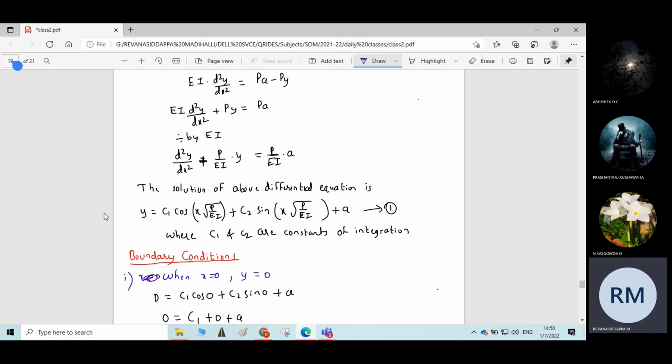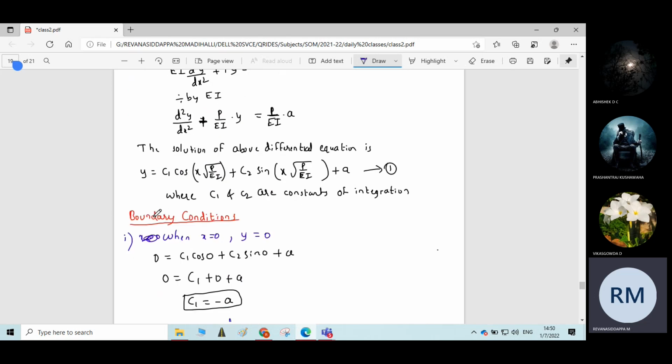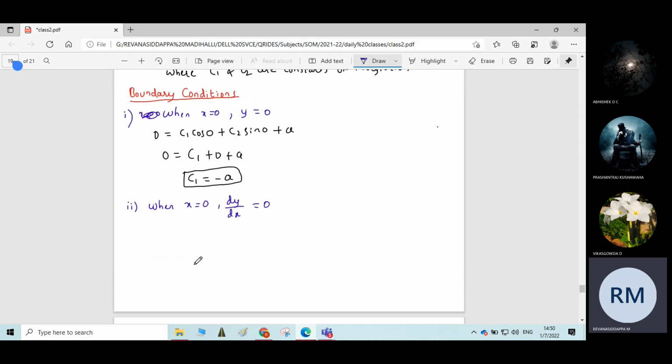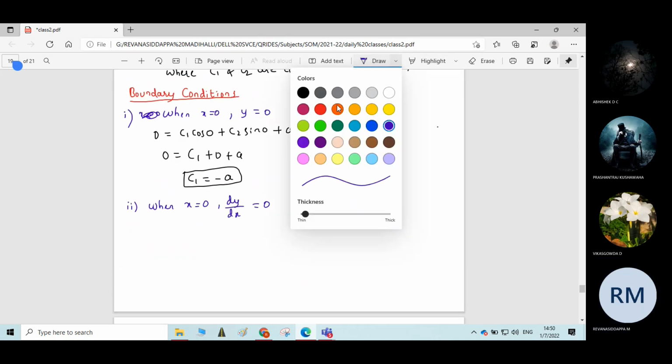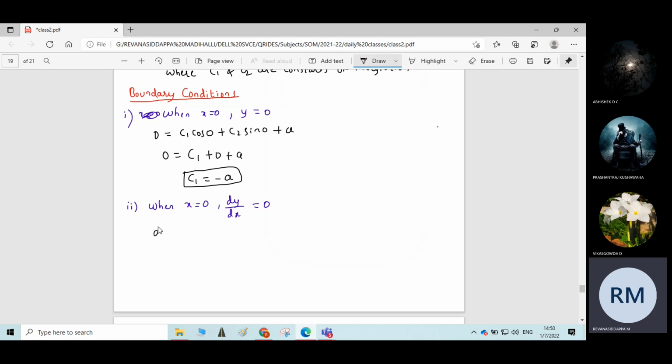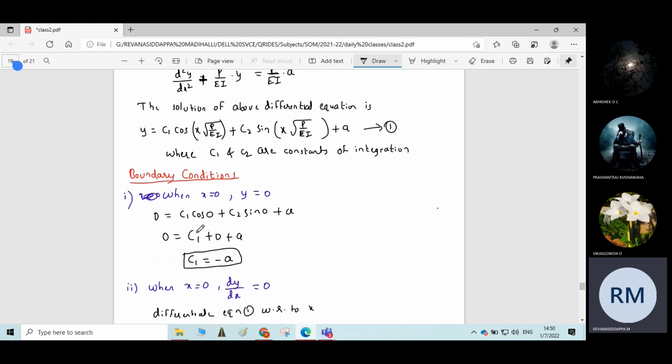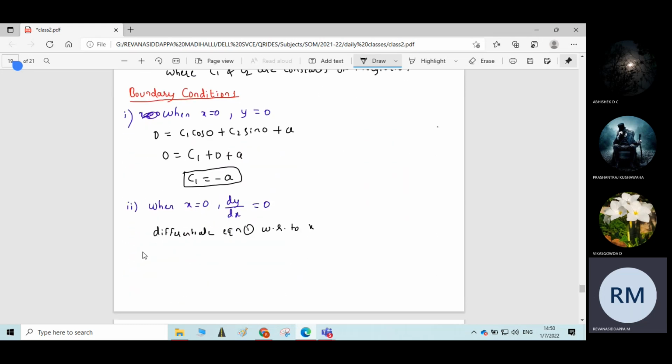We know the equation for y, so if you differentiate this equation with respect to x, you will get dy by dx. So differentiate equation 1 with respect to x. Therefore, dy by dx is equal to